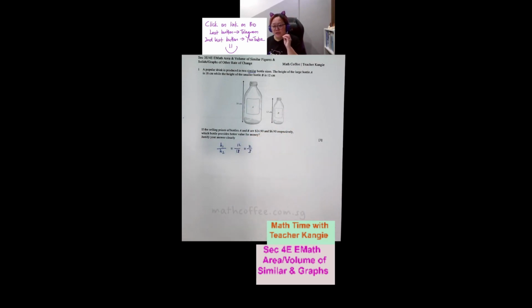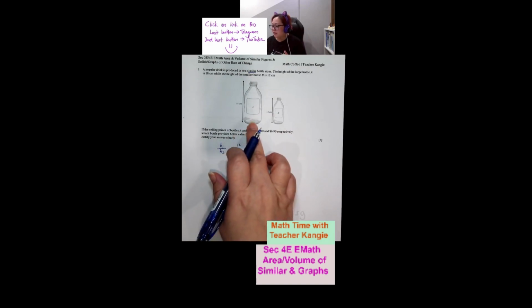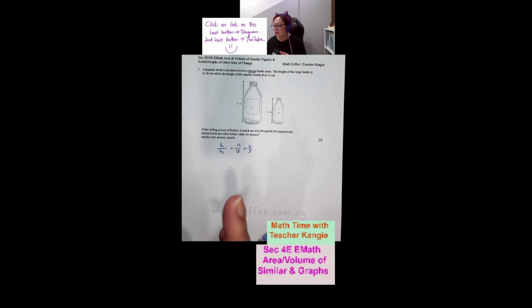So for height ratio, take note, the height is in cm, correct? So the ratio is 2:3. Take note, every time it is height ratio, even if I'm going to talk about the diameter, it is also using 2/3. If I'm going to talk about radius, it's also using 2:3. So as long as it's cm, anything to do with length, dimension,